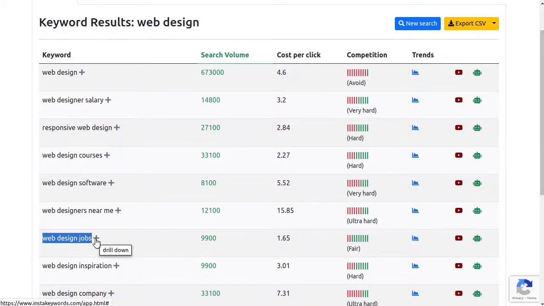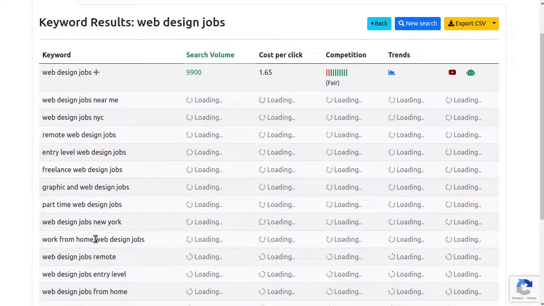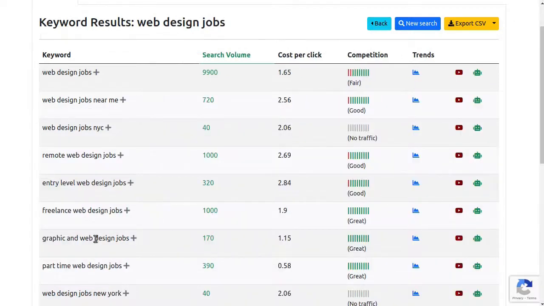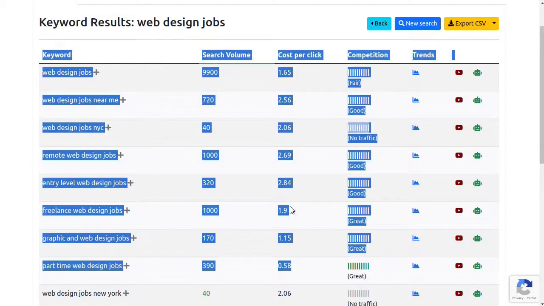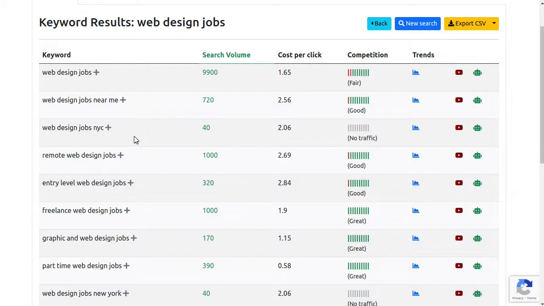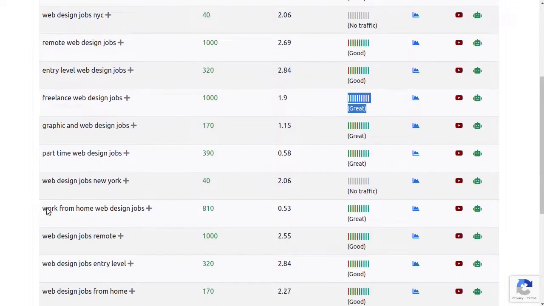So let's use the keyword drill down feature to find some related keywords that have good search volume but low competition score. And almost instantly, we have an amazing list of keywords that can generate very good traffic with very low competition. Like this keyword here, freelance web design jobs, has over 1,000 searches in a month, yet it's still very easy to rank. Or this keyword here, work from home web design jobs, has an even lower competition score,